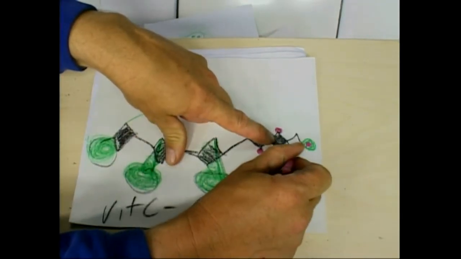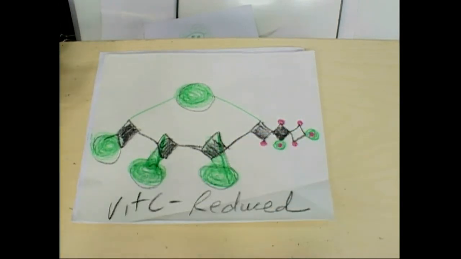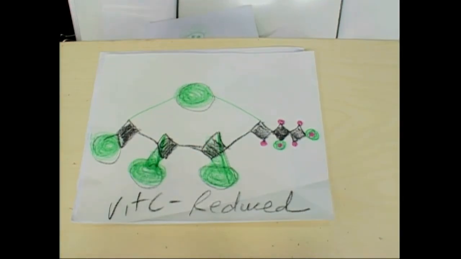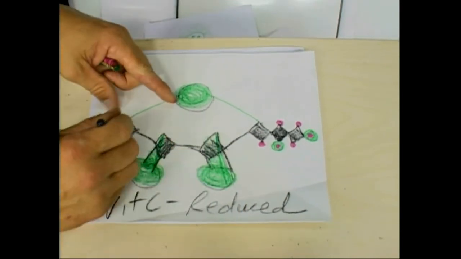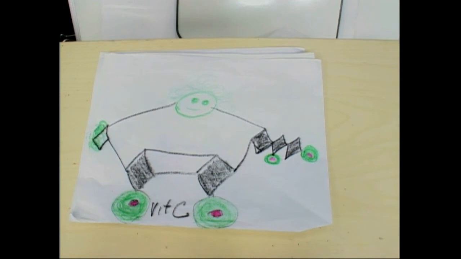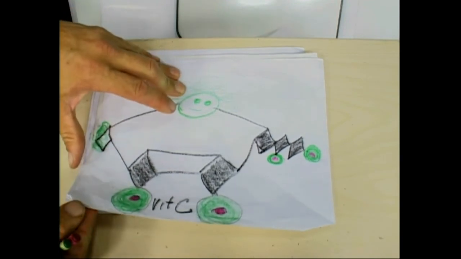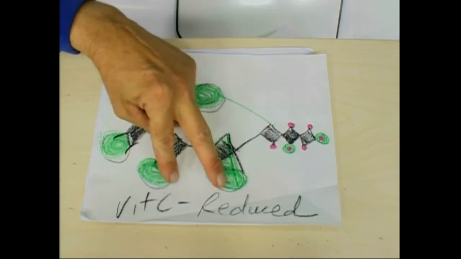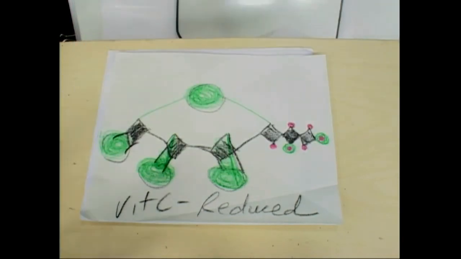OH on the end. 2 hydrogen dots on the end. So see, you'll become familiar with these later on. These are all carbon compounds with the hydrogens on the end. CHs they call them. Well, you'll just be thinking of them as carbons with dots. So this is vitamin C reduced, which means it's got a double bond down there. Because it used to have the double bond on the carbon. So see the difference? This is where the cartoon really comes in handy, I think. So here's vitamin C. Along comes hydrogens with electrons. Vitamin C reduced. All happens in that double bond right there. So you can compare it. So you can draw these. It'll look different every time it looks like